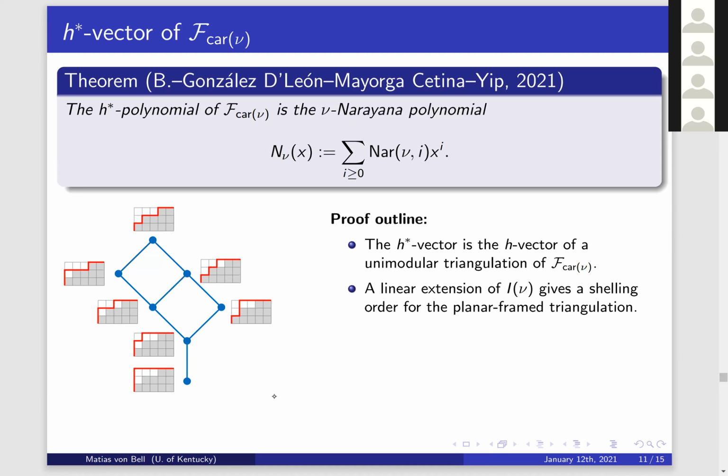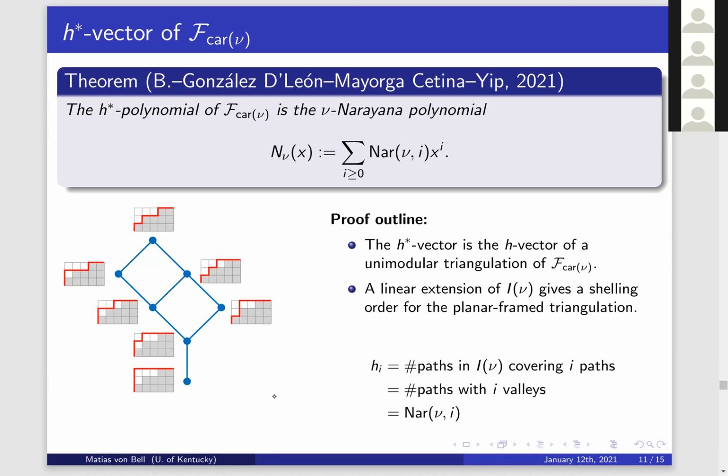And then you can show that any linear extension of this lattice, that's a principal order ideal in Young's lattice, gives a shelling order for the planar frame triangulation. And then from there, the H vector, the coefficients in the H vector can be determined from the poset by